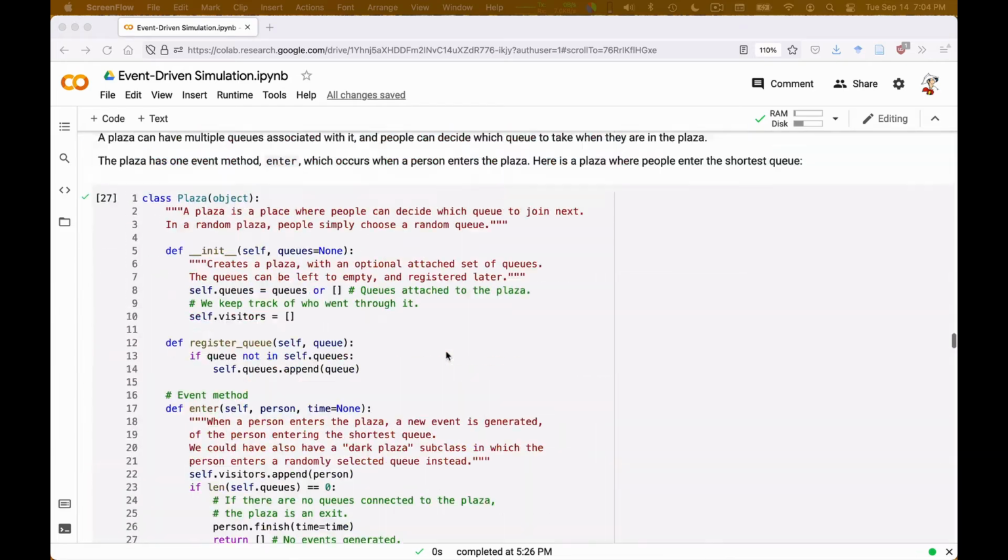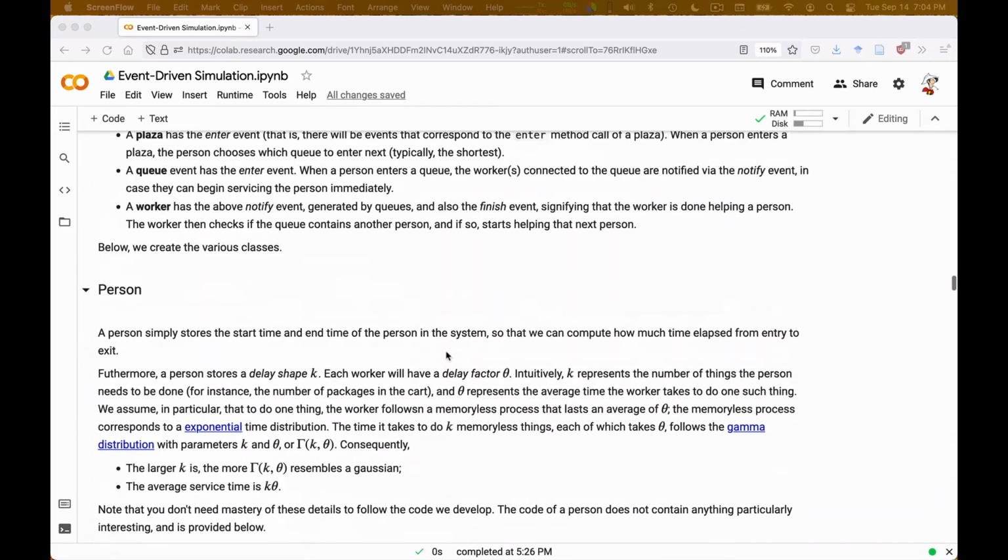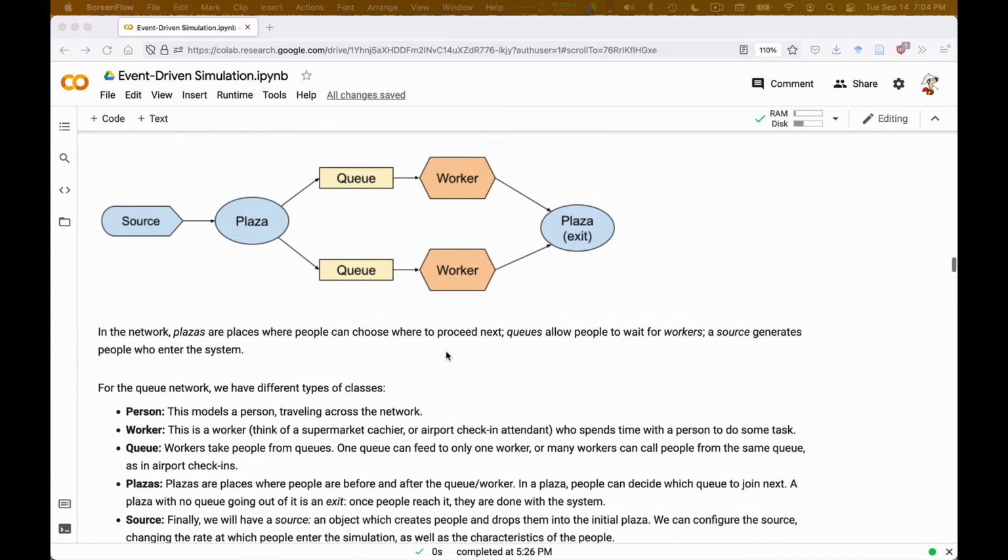So let me go back up again, and if we want to do this, we will have to have objects that are source, plaza, queue, worker, and a plaza without queues connected to it will be the exit simply. Okay, so we have various types of classes. We have a person class that will be the people traveling through this network.